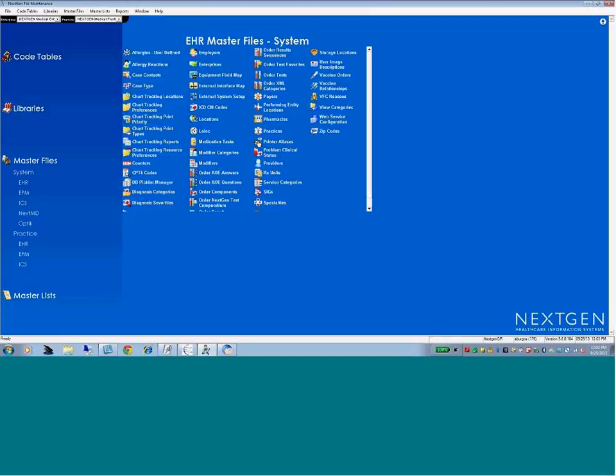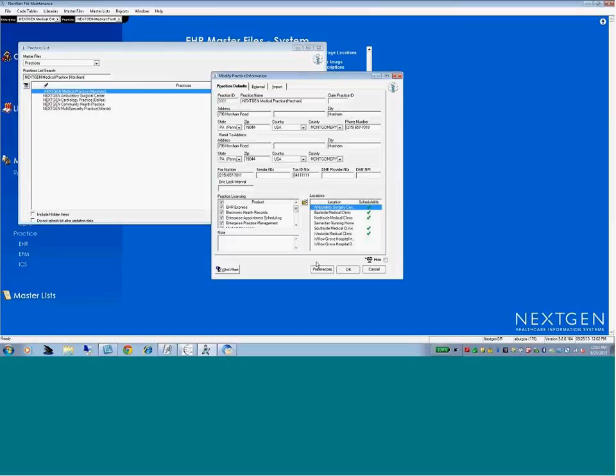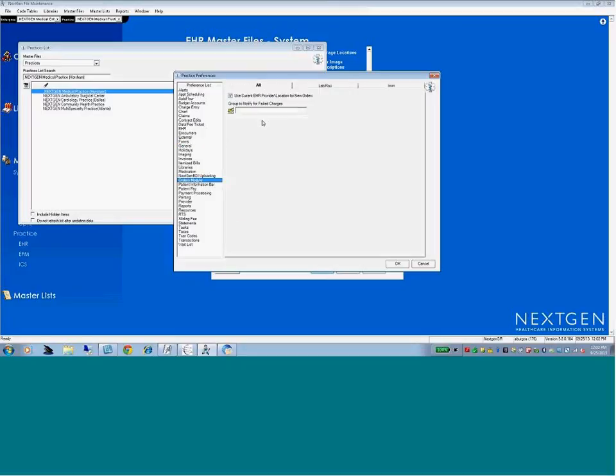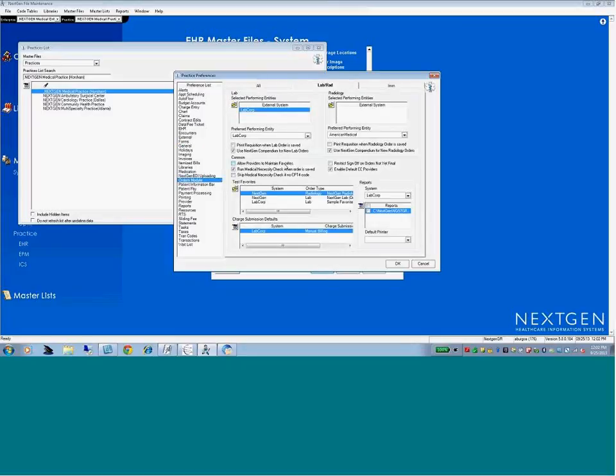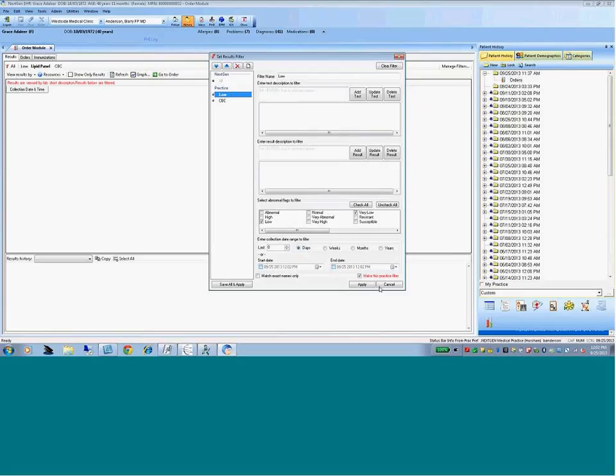In File Maintenance, I have to go into Preferences, and your Orders module, you'll see here we have Allow Providers to Maintain Favorites. So if I allow my providers to maintain favorites, I'll be able to come in and actually adjust this